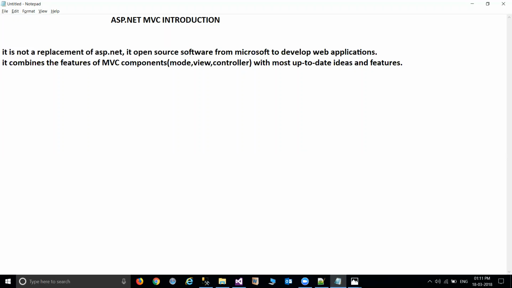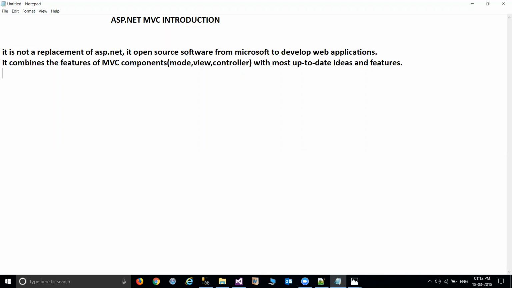So I can say this is not any replacement of the ASP.NET application which we are currently using for developing websites in .NET. It's a kind of new project type provided in the .NET software.